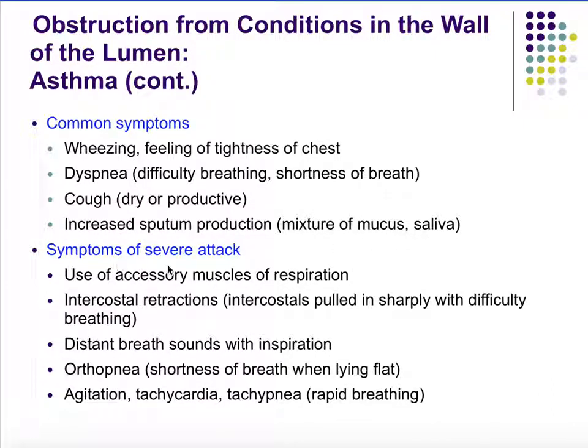If we have a severe asthma attack, we'll start to use our accessory muscles to breathe. And so that eventually becomes very exhausting because you're not breathing just with your diaphragm and your intercostals. You're really recruiting your sternocleidomastoids and your scalenes to really help you breathe. You can also see intercostal retractions where the intercostal muscles start to pull in sharply, and again, it makes it